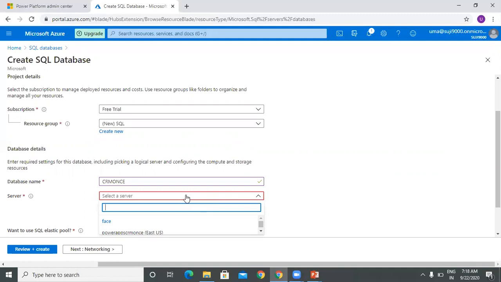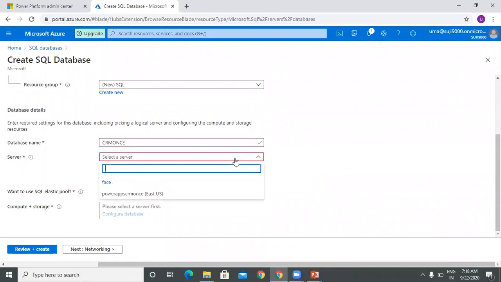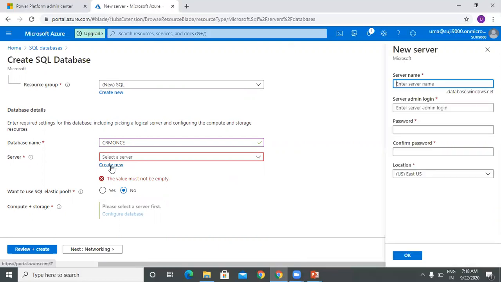And what is the SQL server? If you have any SQL server, you can select that SQL server, or if you need a new SQL server, then create a new one. You have to give the SQL server name, and the admin login.